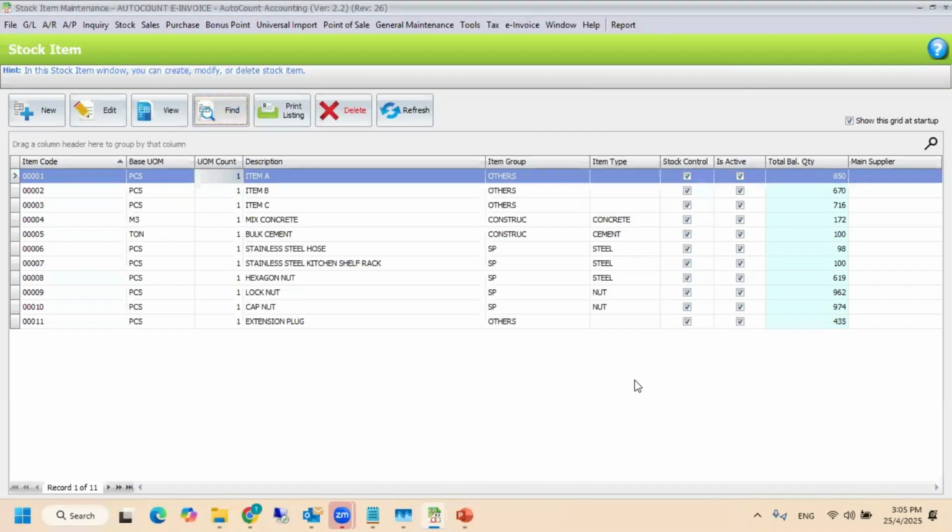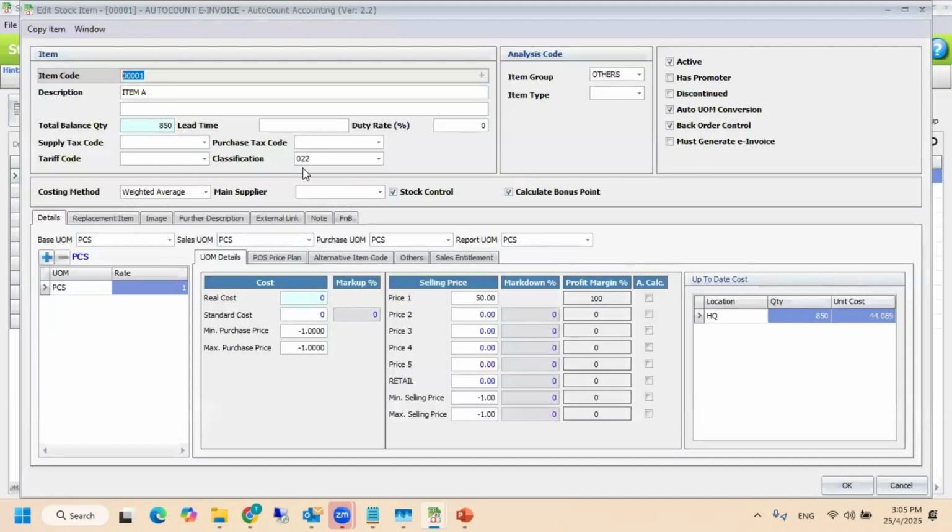So you can also provide us the Excel file: what the item code is and what the classification code is. After that, we can help you to import. Okay, so this is the classification code. Other than the classification code, actually